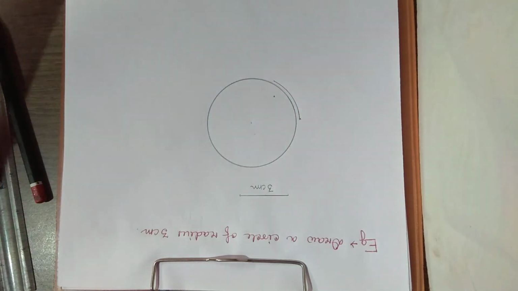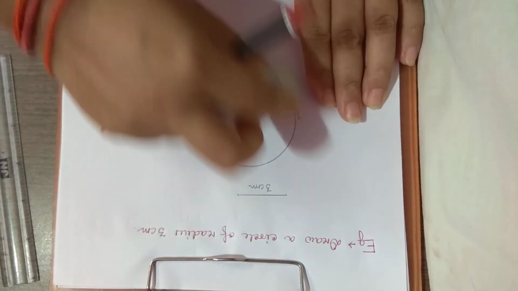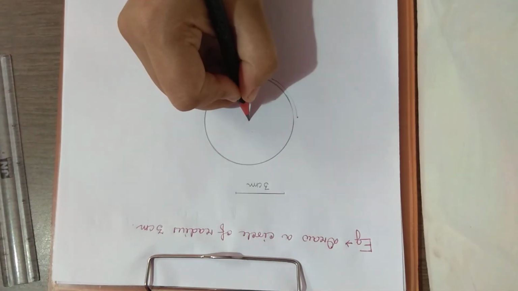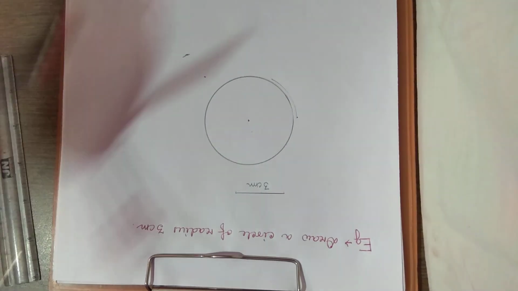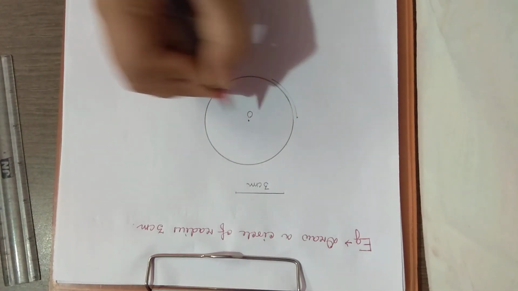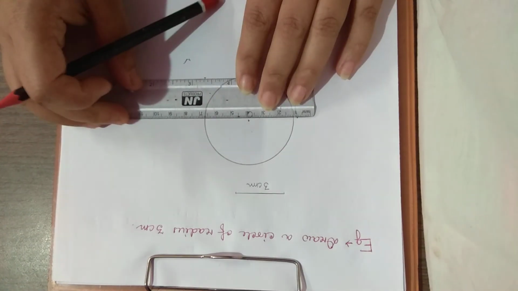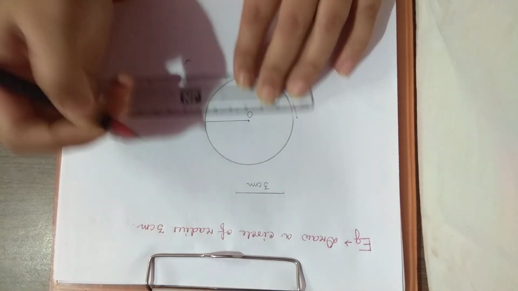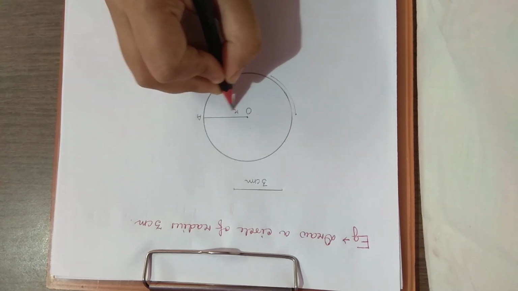So I have got the circle. Here by mistake one arc has formed. Let me rub it. The point on your notebook, you will find a small hole made by the needle. That point is named O and this is the center of the circle. Now if I join O to any point on the circle, suppose A, then this OA is the radius.